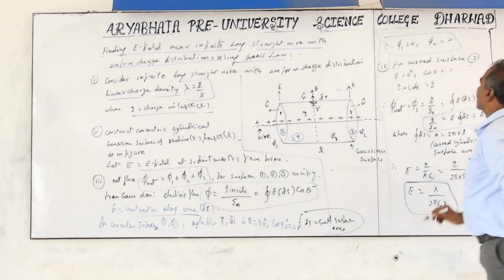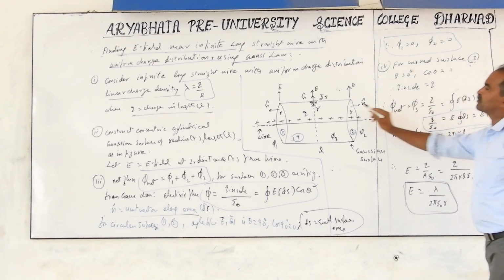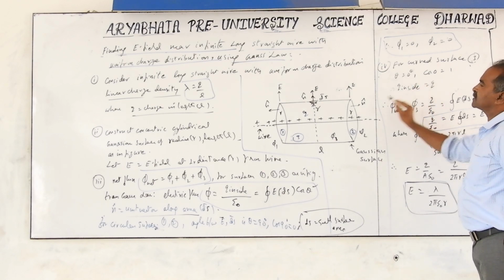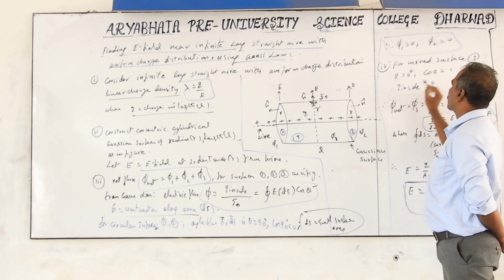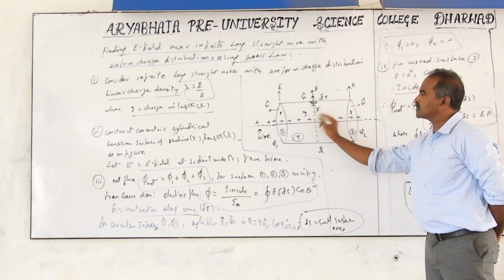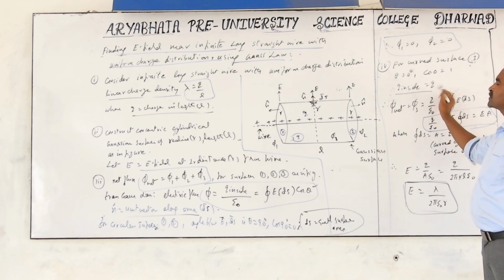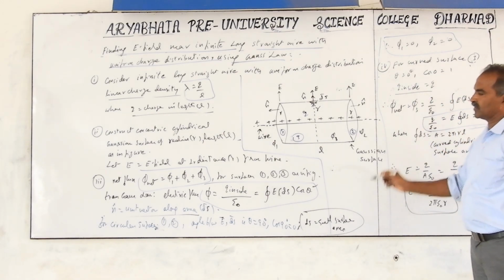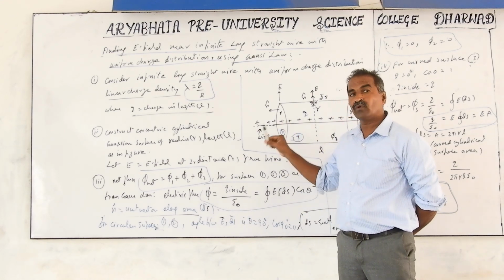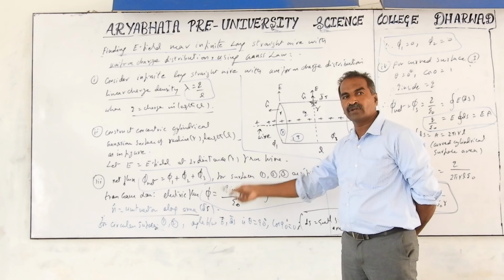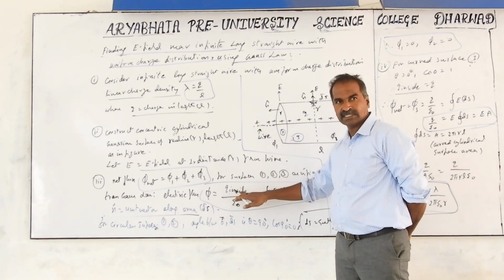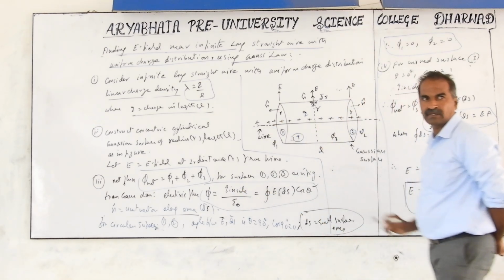Next, for the curved surface 3, theta is equal to 0 degrees. Why? Because n and E are in the same direction, so theta equals 0. And the charge inside this larger surface, for the length here, equals q. Q inside becomes equal to q itself. Mentioning this is not required. Directly, instead of q inside, we can take q only, because we have only one kind of charge. If you have q1, q2, q3, etc., you can take q1 plus q2 plus q3 to get q inside. In the basic formula for this derivation I am saying q inside, but it is not compulsory; you can simply write q because only one charge is there.